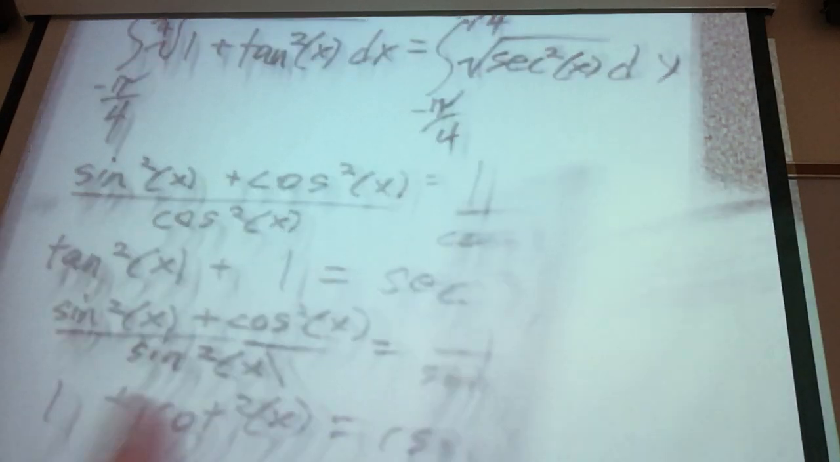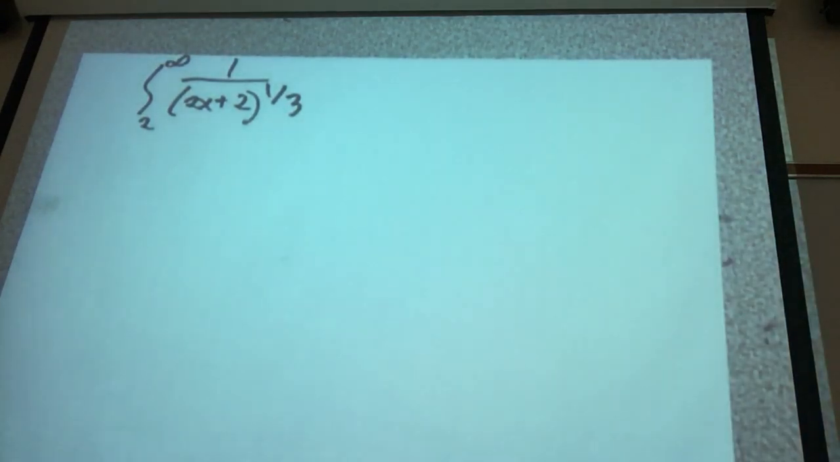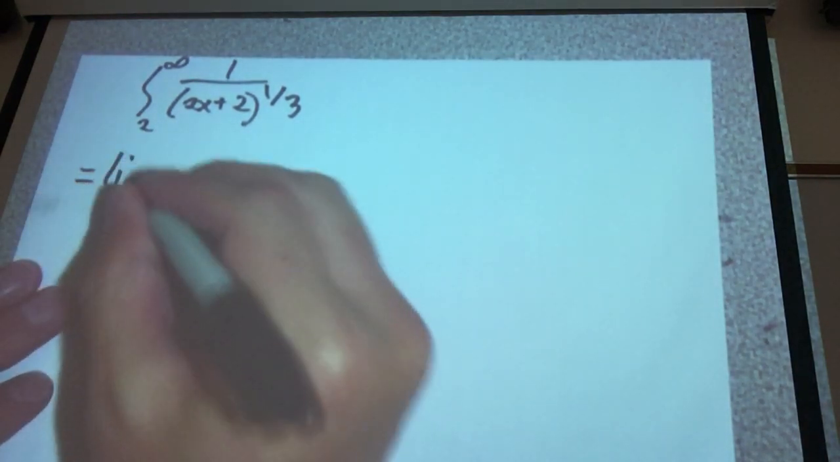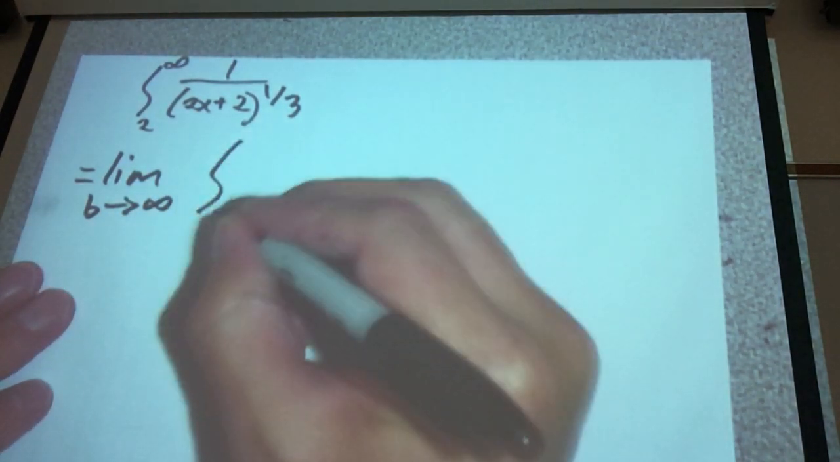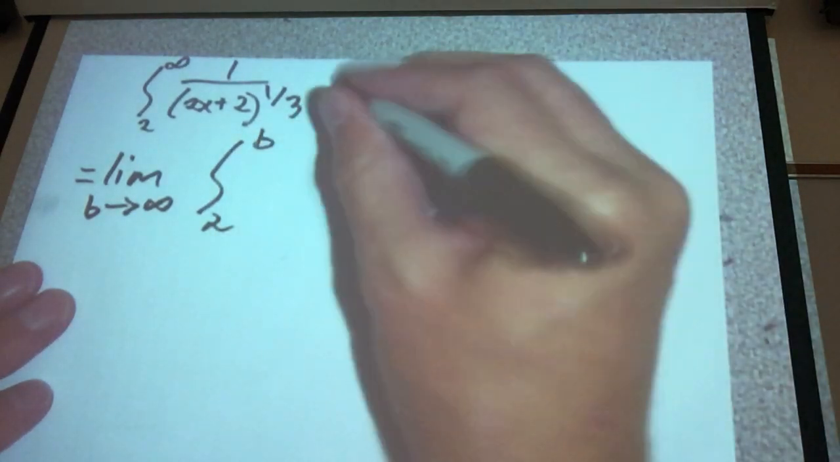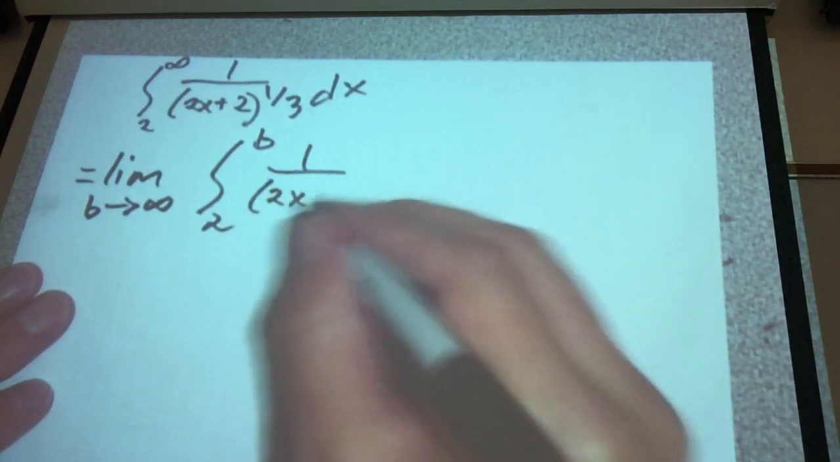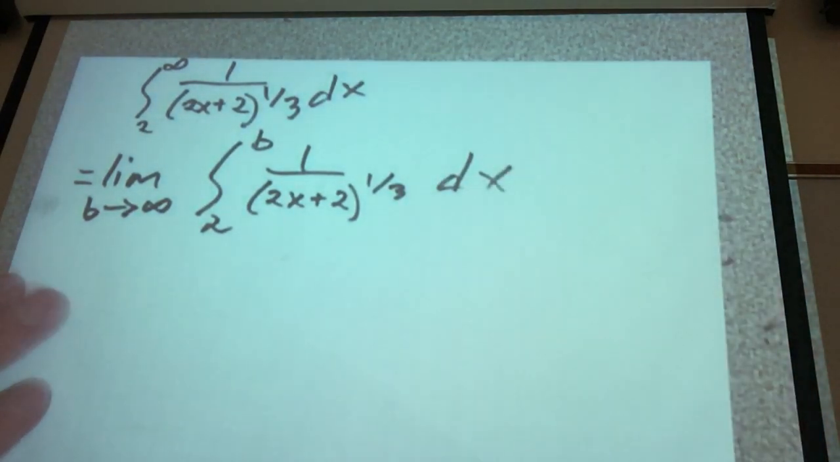So this next problem on the test is going to be an improper integral. As with any improper integral, the first thing that you want to do is put a limit on the problem. So this is going to equal the limit as b approaches infinity of the integral from 2 to b of 1 divided by (2x plus 2) raised to the 1/3 power, and this is an integral with respect to x,